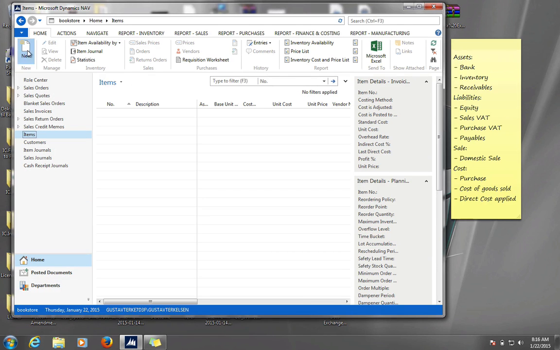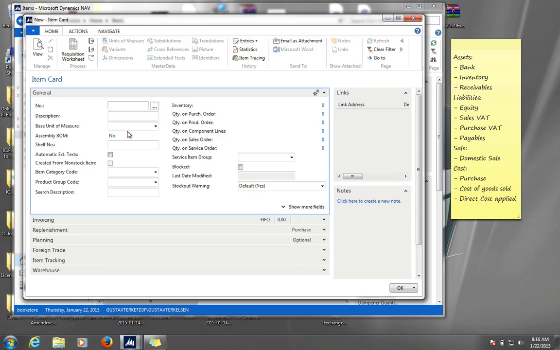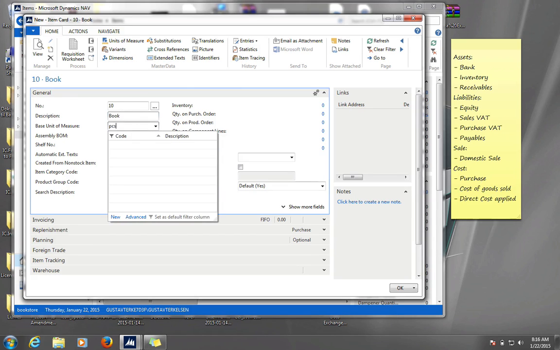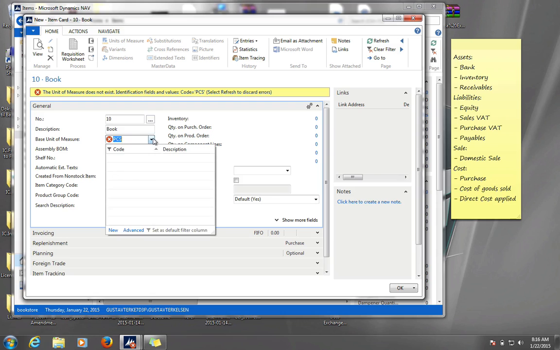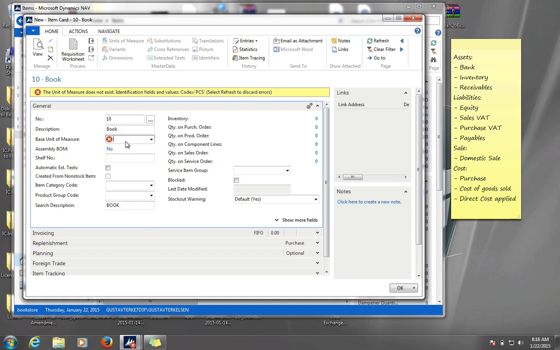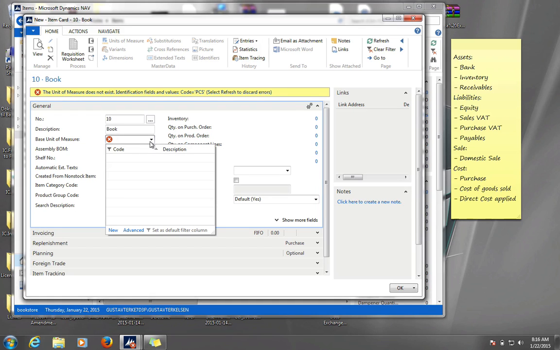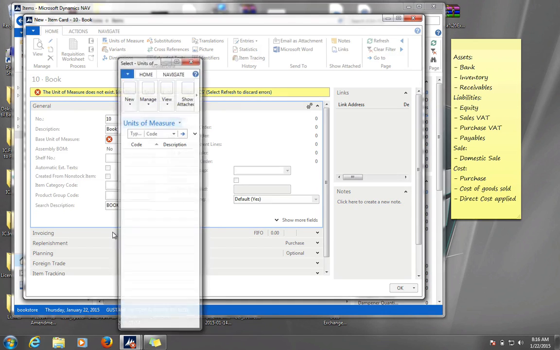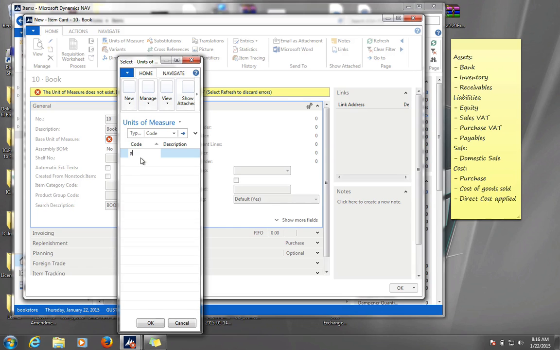And we're going to make a new item, and let's call that book. And we always need to have a unit of measure here. Because this pieces doesn't exist, we just have to create this unit of measure like that,